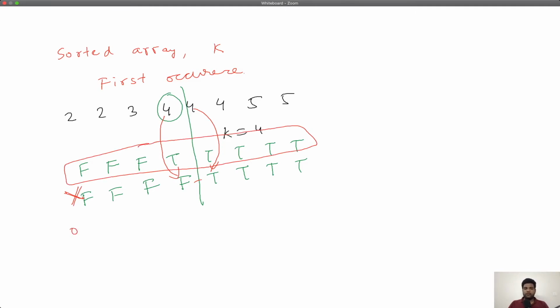I said that for the ordering of the search space, keep the same ordering as the elements. In most of the problems, you would see that this would be the case. You wouldn't tamper with the ordering so much. Whatever ordering is given in the question, more or less you'll keep the same ordering. And the predicate was not very hard to come up with.